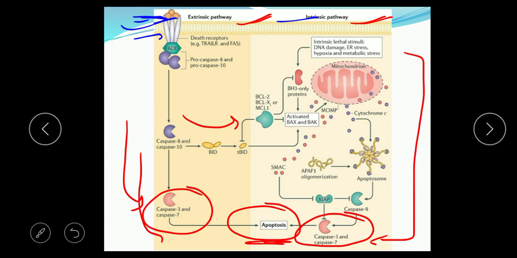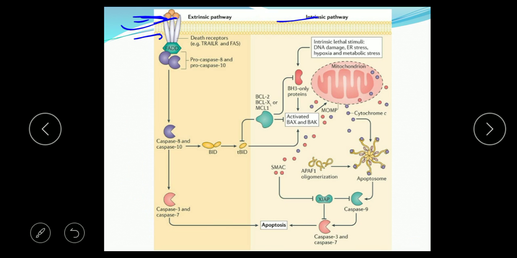Okay, so now let's discuss it more. Let's talk about the intrinsic pathway now. So guys, whenever there is any intrinsic lethal stimuli, meaning any sort of DNA damage, ER stress, hypoxia, meaning oxygen deprivation, lack of oxygen, or any type of metabolic stress going on inside the cell, then it gets sensed by many sensor proteins, and they are usually BH3-only proteins. They will sense it and then further activate the other proteins, like it will activate first